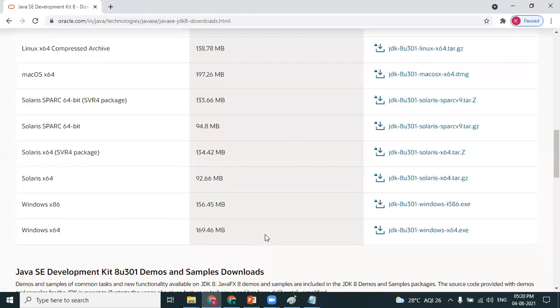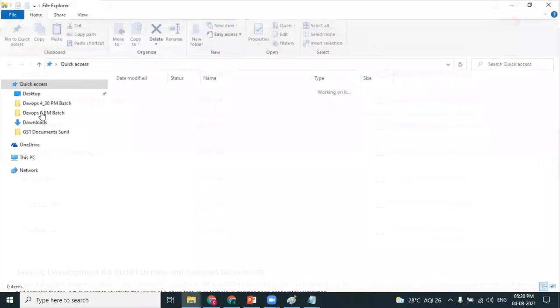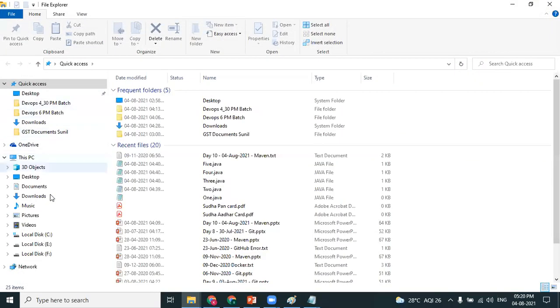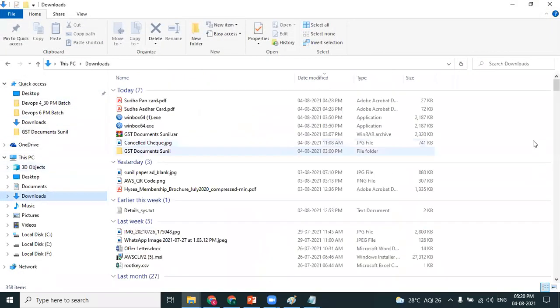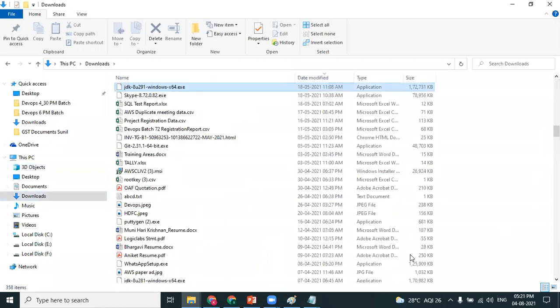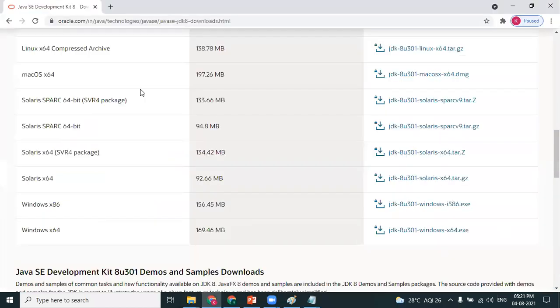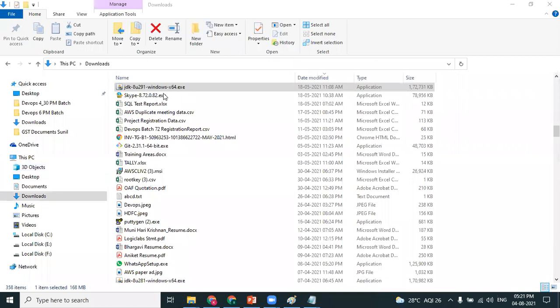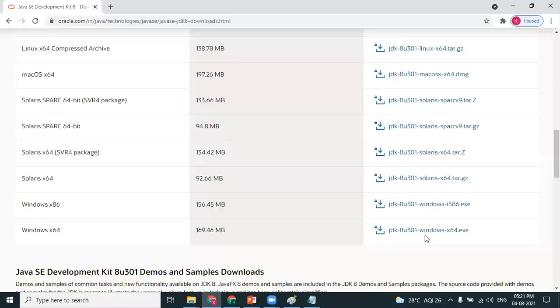I already have it downloaded. I'll show you. Look at this. This is the file, isn't it? I already have downloaded JDK-8u301. That's a pretty old one, but okay, that's fine.